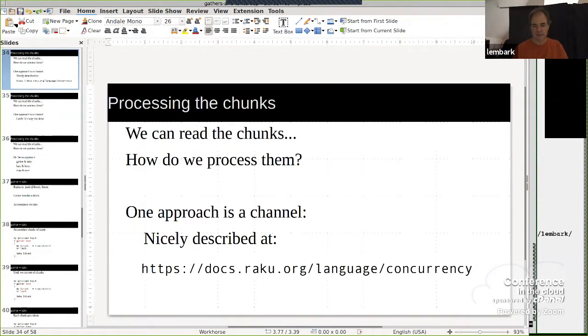Language, concurrency. Once I put this, just look that up. Okay. Raku.org is the place to go. Look in those tutorials. The tutorials are really nice reading. The people who've dealt with the